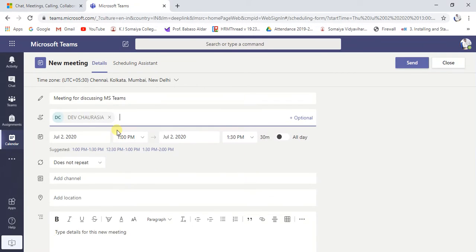I want to call for a meeting, and you can add a number of members here by giving the names. These are the required participants, and if you want to add some optional participants to your meeting, click here. Likewise, you can add a number of participants or invite members to attend the meeting.